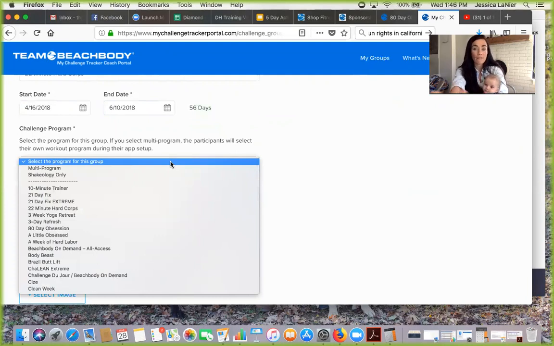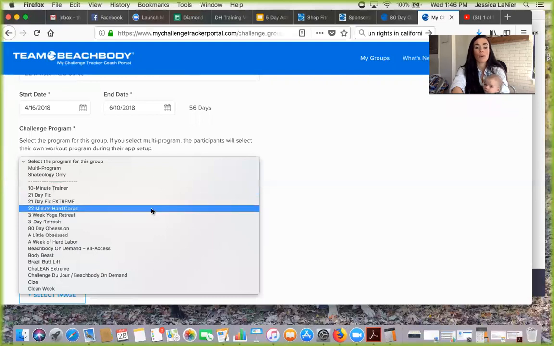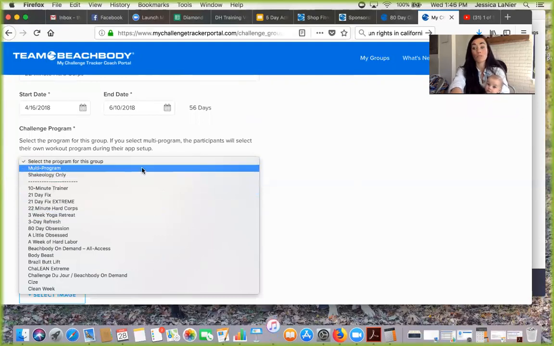You're going to select the program you're going to do. If you have a specific program, which this one is specific to 22-minute hardcore, but if you have one that you're doing where people can do multiple different programs,